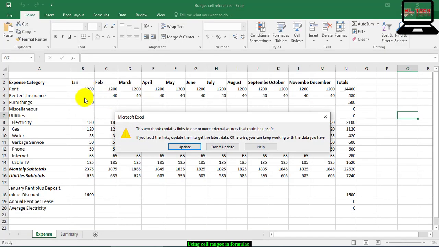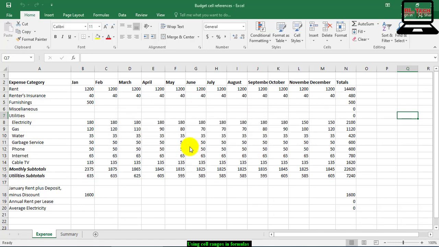If it pops up with a message, click update, or sometimes the message bar will display a message. Excel says enable content, and then you can click enable content, and if another message box appears, click continue. Click yes if it prompts to make the file a trusted document, and then click on the expense tab, sheet.